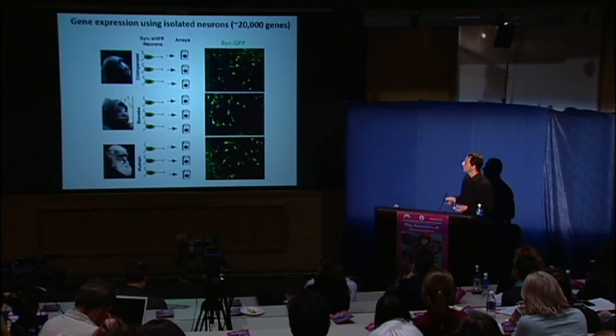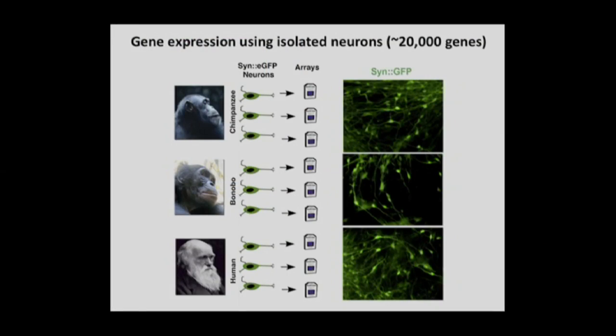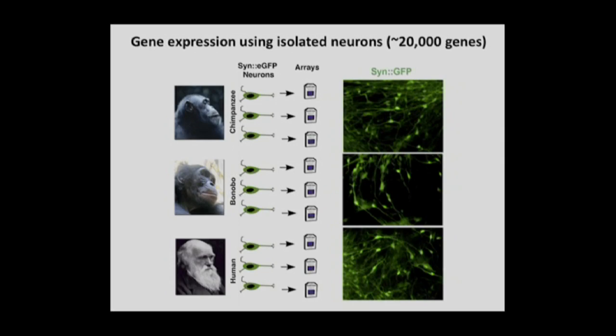You can start looking for things that are different between the 3 species or uniquely about the human neurons. One way that we decided to move on, just to start getting into the field, was to check for gene expression. This is just some preliminary data, things that we are doing now, and we start with gene arrays, and we are also incorporating some next generation sequencing as well. We decided to focus on isolated neurons. We can isolate these green cells using a fluorescent sorter,